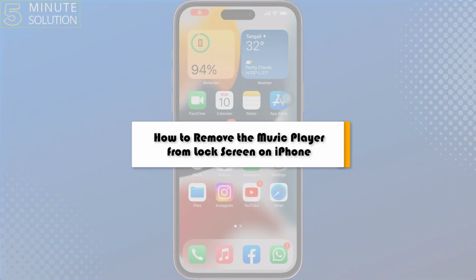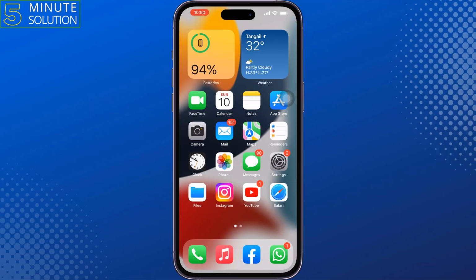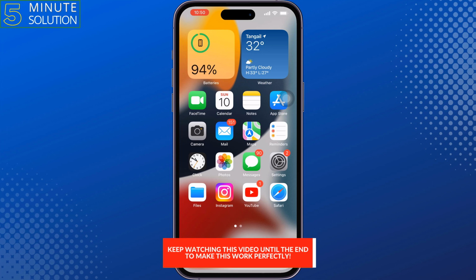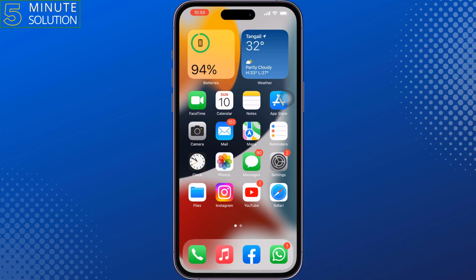This 5-minute solution will show you how to remove the music player from lock screen on iPhone. To remove the music player widget from your lock screen, follow these easy and quick steps. First of all, go to your iPhone settings,